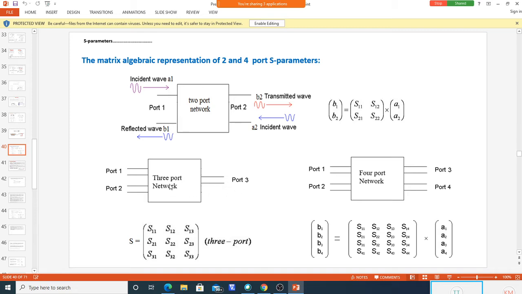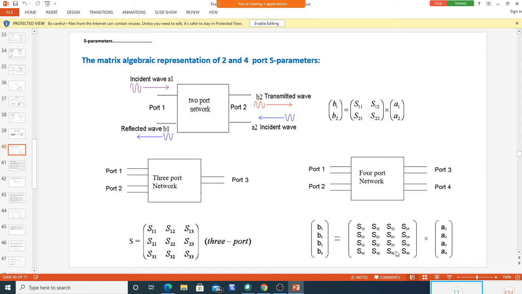So that is a three-port network. Similarly, an amplifier has two ports. One is the input port, another is the output port. This is a two-port network. And the four-port ones are power dividers and couplers. They usually have this many ports. You might have heard of circulators, power dividers, 3 dB power divider, branch line power divider. It has four ports: one, two, three, and four.